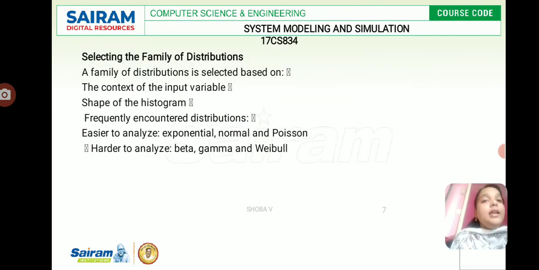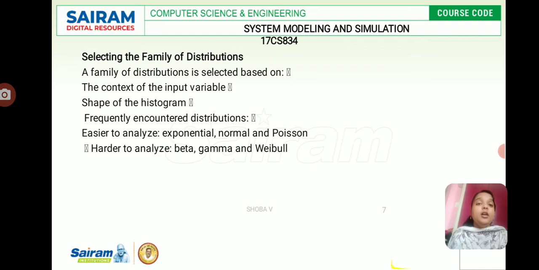Now we can see the data collection problems. It is one of the biggest tasks in solving a real world problem, and one of the most important and difficult problems in simulation. So how do we select the family of distribution? The GIGO concept, garbage in, garbage out, is a basic concept in computer science, and it applies equally in the area of discrete system simulation. Even when the model structure is valid, if the input data are inaccurately collected, inappropriately analyzed, or not representative of the environment, it is very hard to analyze those things.